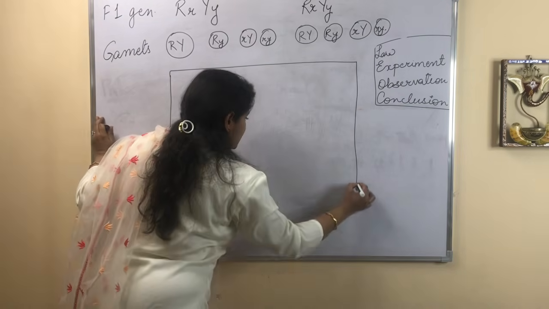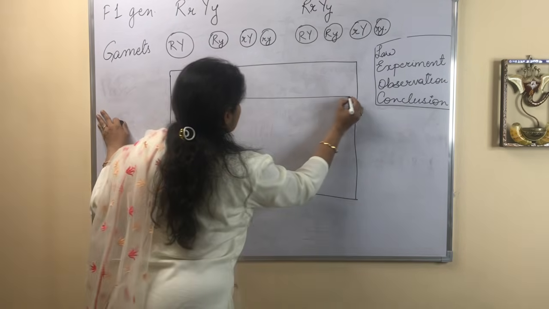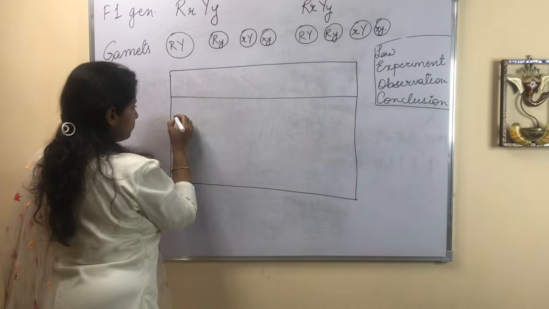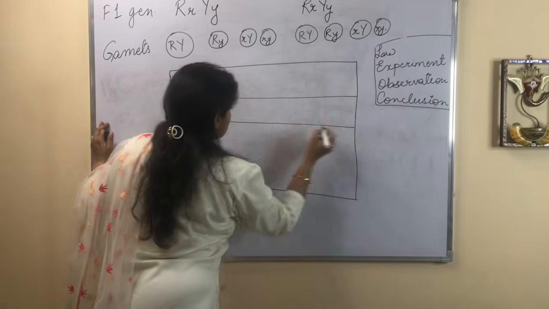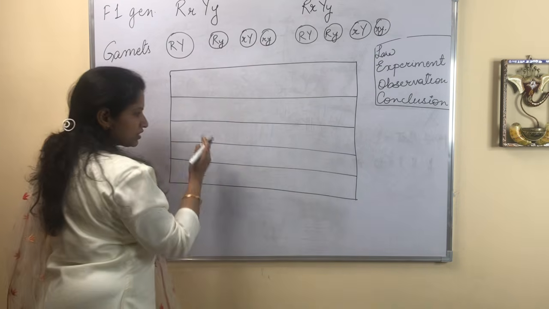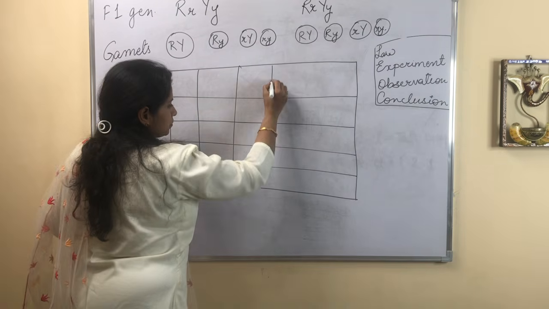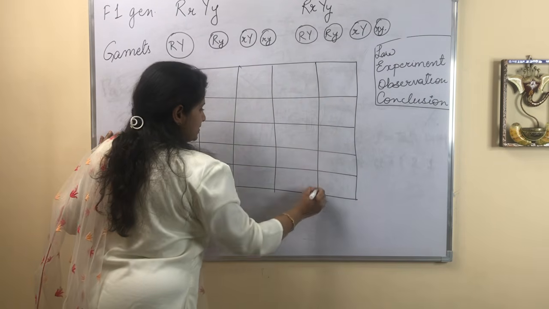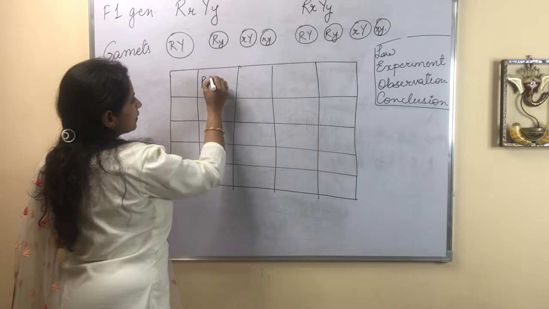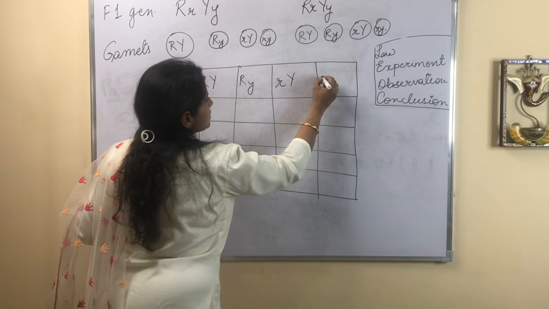एक स्क्वायर ड्रॉ करते हैं जैसे हमने लॉ ऑफ डोमिनेंस में ड्रॉ किया था। अब हमारे पास कितने टाइप के गैमेट है, 1 2 3 4। तो हमें कितने ब्लॉक्स बनाने होंगे, 5 ब्लॉक्स, 1 2 3 4। ठीक है, सिमिलरली हियर आल्सो 1 2 3 4 लाइन्स हम ड्रॉ करेंगे तो 5 पार्टीशंस हमारे बन जाएंगे। क्या क्या गैमेट्स की पॉसिबिलिटी है, कैपिटल आर कैपिटल वाई, कैपिटल आर स्मॉल वाई, स्मॉल आर कैपिटल वाई, स्मॉल आर